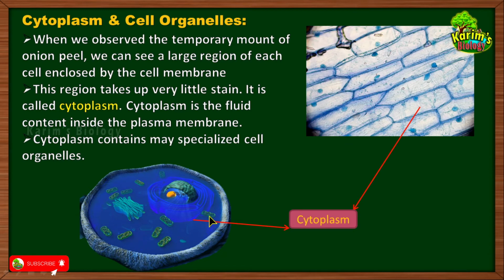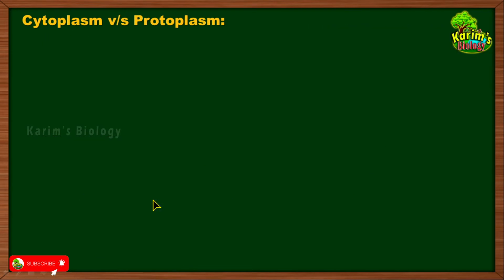So this is the animal cell over here, and this animal cell is enclosed by a membrane, and within the cell you can see this portion which is jelly like substance or fluid filled content. This is called cytoplasm. Okay, and what else can you see along with cytoplasm? Along with cytoplasm you can see some other structures, small organ like structures are visible here. They are called cell organelles. We will be discussing what are cell organelles and what is their function within a couple of minutes.